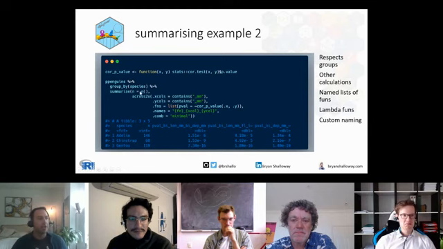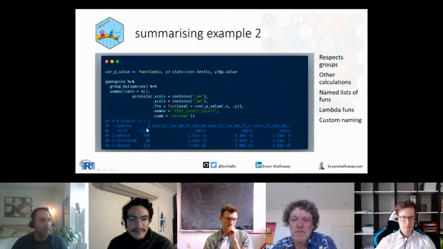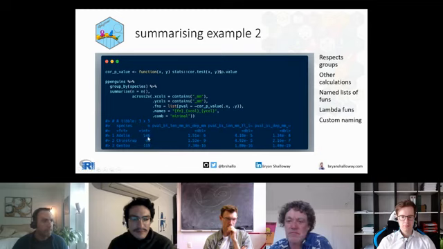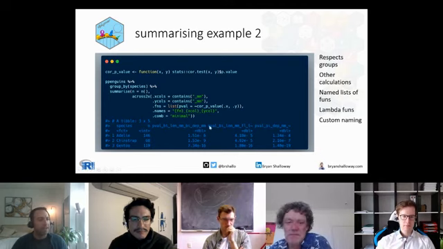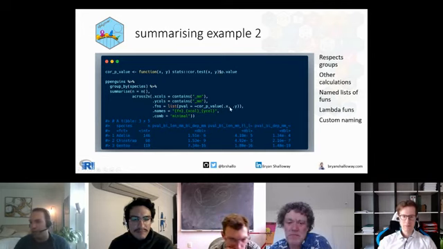Also, you can put in other calculations the same way you would be able to generally. So I added this column N for the size of each of these species, the number of samples in each one. Also, just like with across, you can pass in name lists of functions. In this case, I passed in this p-val, which is now in the name of each of my columns. And you can use lambda functions here as well, just like you can in across. So I'm just trying to prove to you that this works just like across.